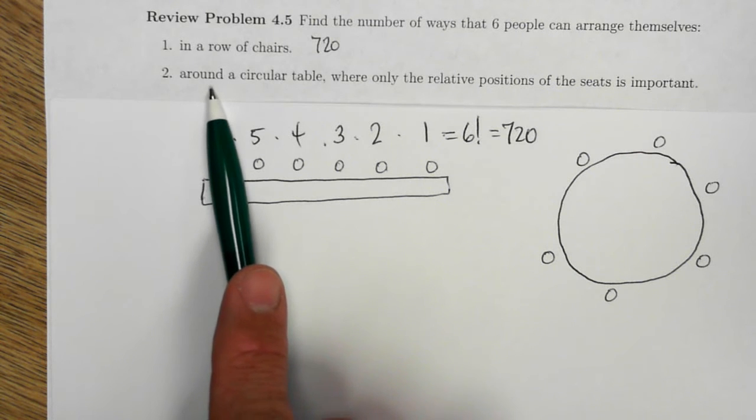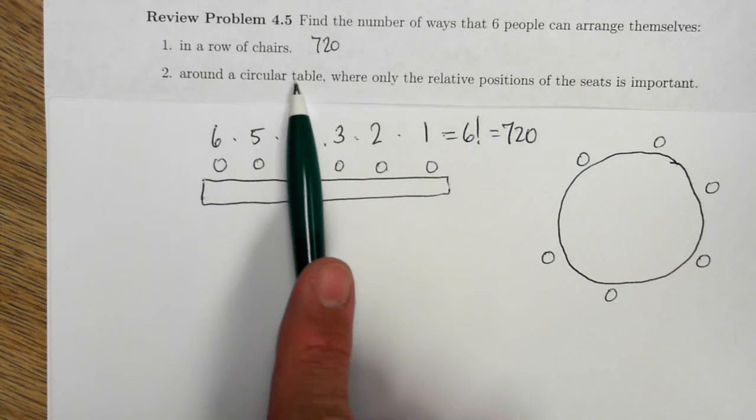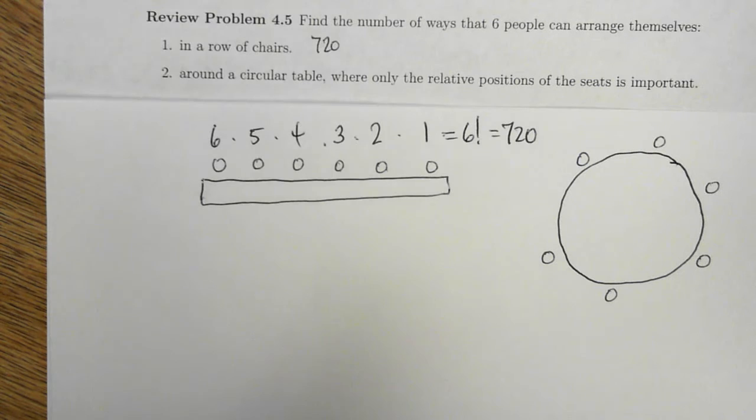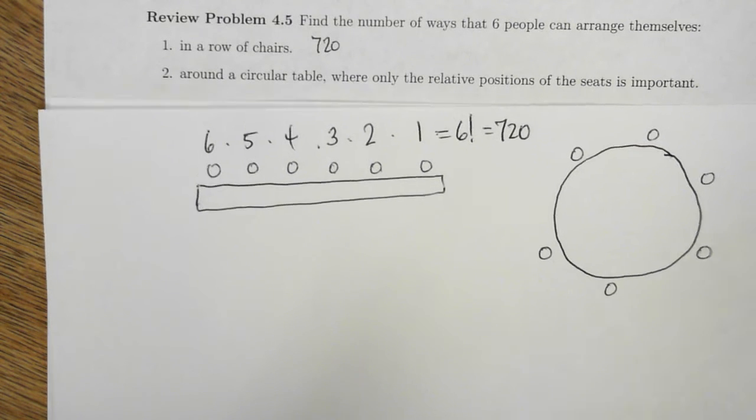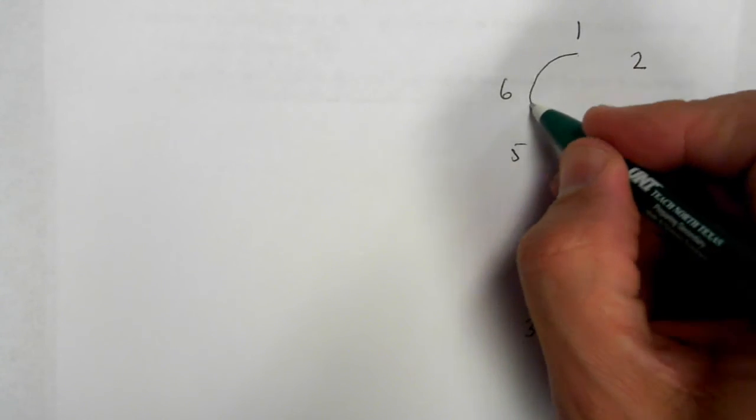A more interesting question is how many ways can they arrange themselves around a circular table where only the relative positions of the seats is important. So around a table like this. To get the idea across of this problem, I drew a quick chart down here. In this picture, if I have a table here,